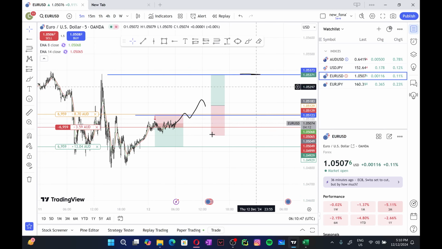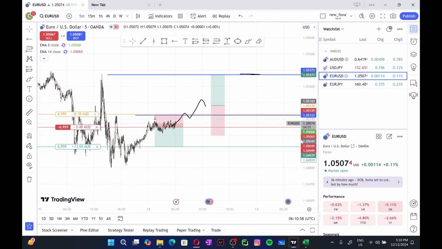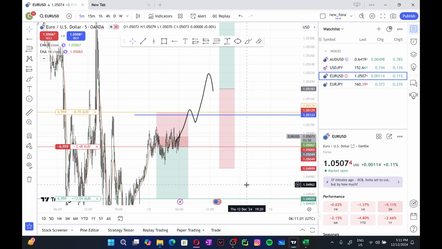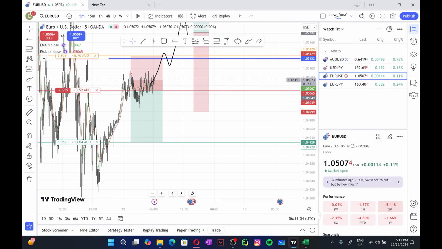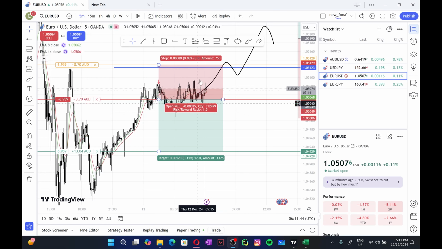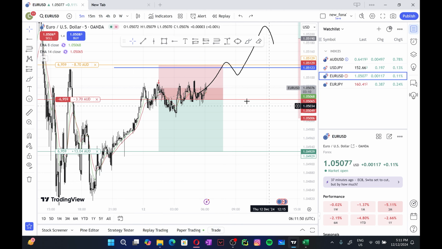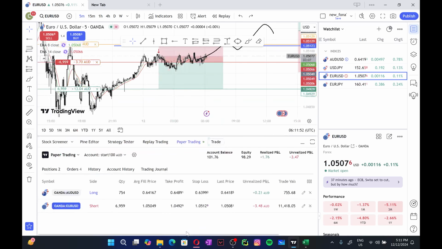We have the other two trades which are running, and you see one of them is going in a good direction. The other one also seems like it is consolidating. So either the price goes down or it goes up. The price is going up, but maybe it's a consolidation, so maybe the price is just consolidating and would go down. Hopefully that's going to happen. What I'm going to do right now is just leave these two trades as they are. We'll talk about these trades tomorrow, but for now we're just going to end the video here.